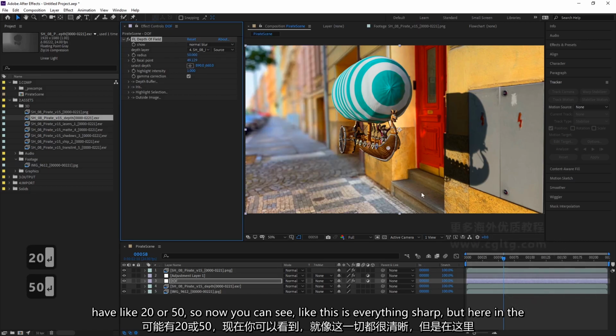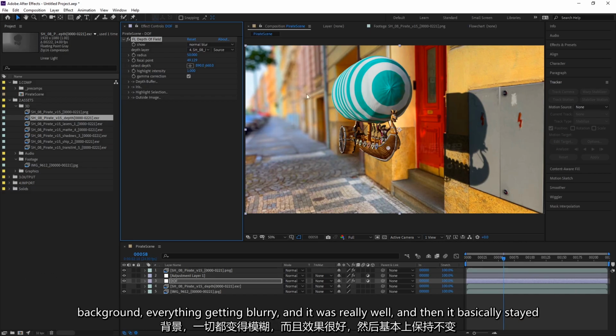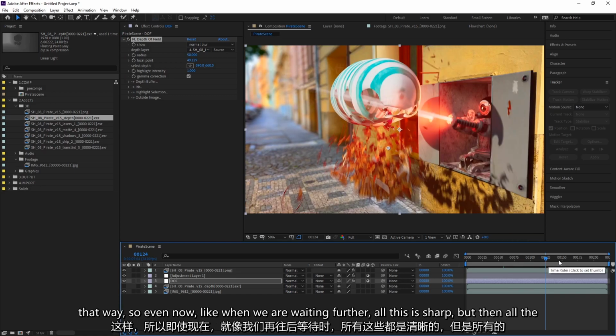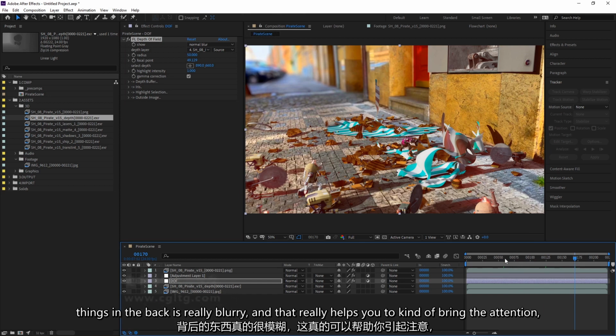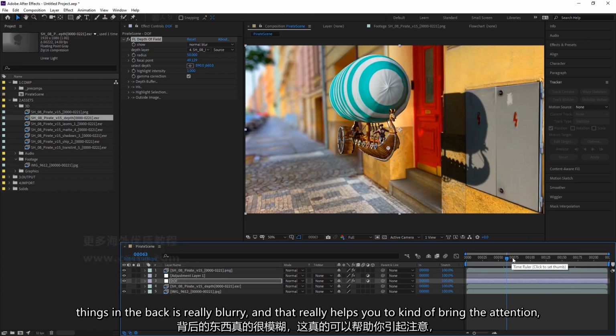So now you can see everything here is sharp, but in the background everything is getting blurry. It works really well, and it basically stays that way. So even now, when we are getting further, all this is sharp, but all the things in the back are really blurry, and it really helps you to